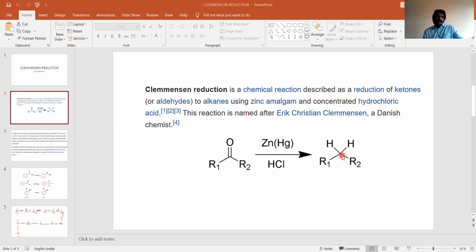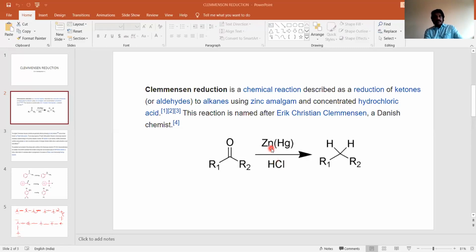Before we go into the detail of the mechanism and all other things, let me explain to you the significance of these reagents. So the first point you have to remember is this is a reduction reaction. Reduction in the sense it's gain of electron or addition of hydrogen. Oxidation means loss of electron, removal of proton or removal of hydrogen. Reduction means gain of electron, addition of hydrogen. So here HCl will act as a source of hydrogen. HCl can easily dissociate into H plus and Cl minus. So HCl is the H plus donor or proton donor.